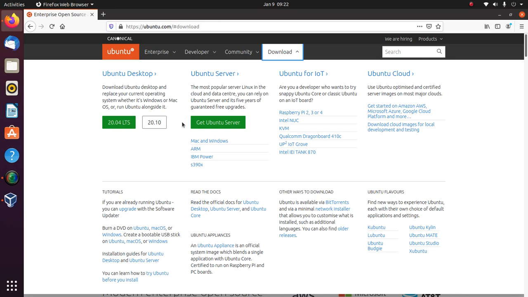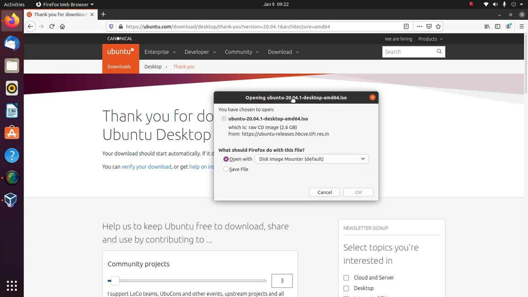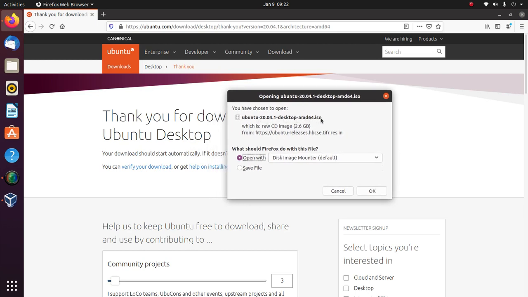For the time being, for our installation purpose, I am going to download 20.04 LTS. Click this link. It will take you to the download screen with the Ubuntu 20.04 desktop ISO image.